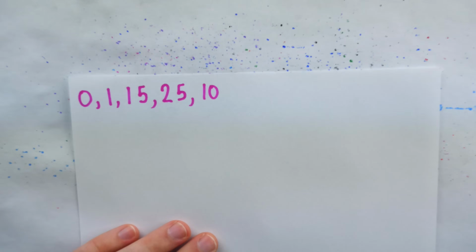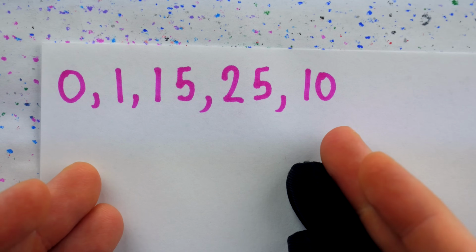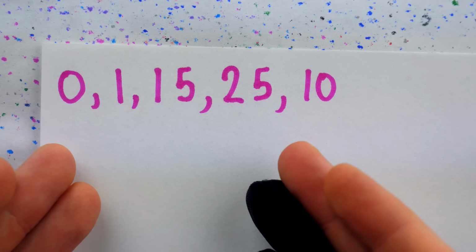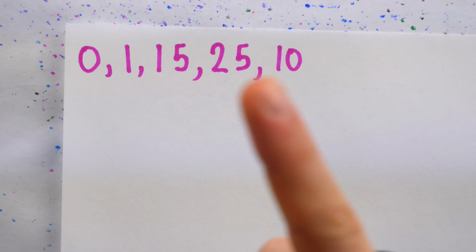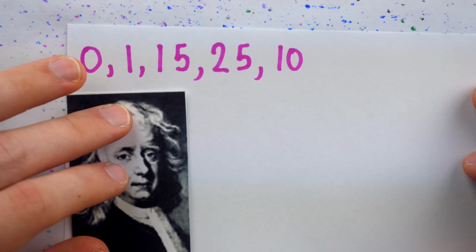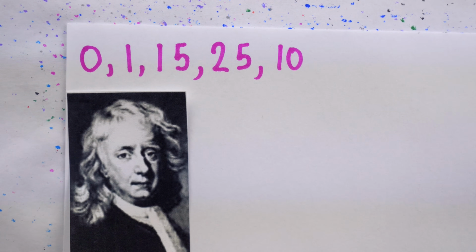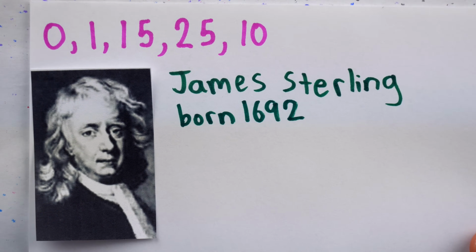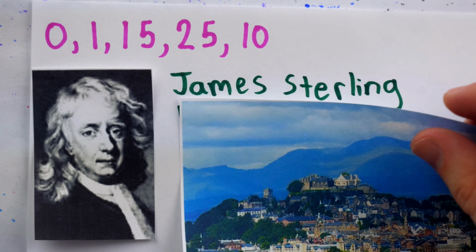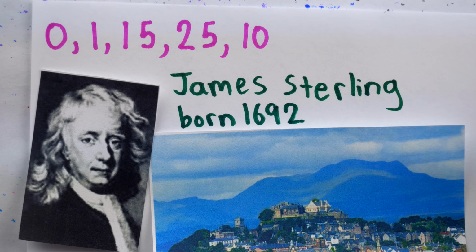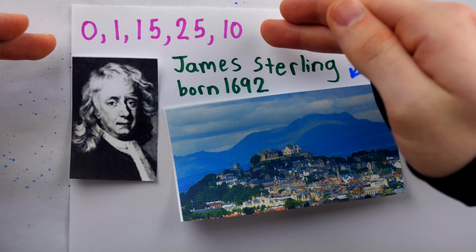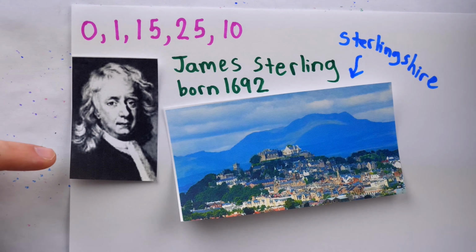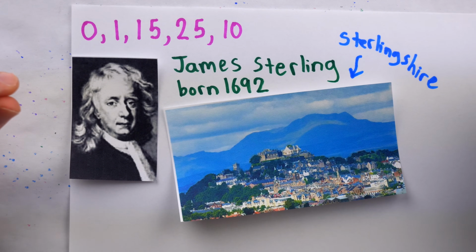What the heck is going on here? What are these numbers doing together? Who arranged this playdate? I'll tell you who. It was a fella named James Stirling. He was born in the year 1692 in a lovely place named Stirlingshire. It is he who brought these numbers together, and indeed it is James Stirling who brings us together today to